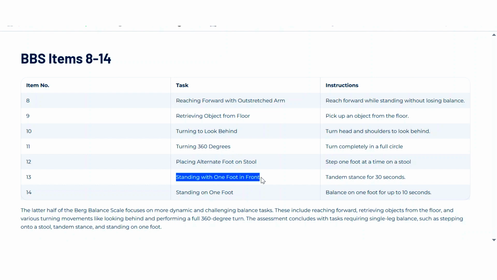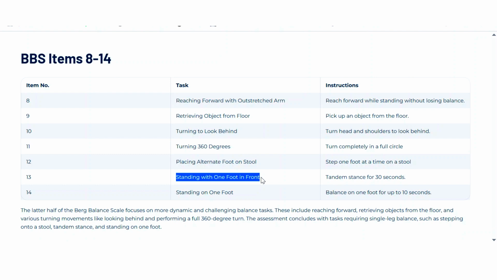If you are walking on any road and you see a straight line and you want to walk on that straight line, you are able to put one foot at a time on that line. So you perform one foot, then the other foot in front of that, then the other foot. This is considered a tandem stance, and you don't have to walk, you just have to stand like that for 30 seconds. This is basically the tandem stance.